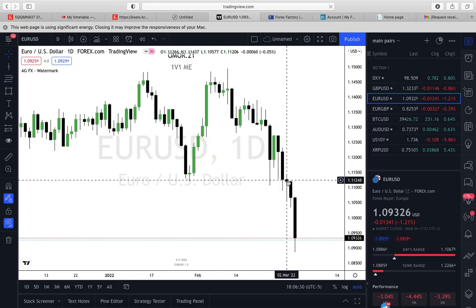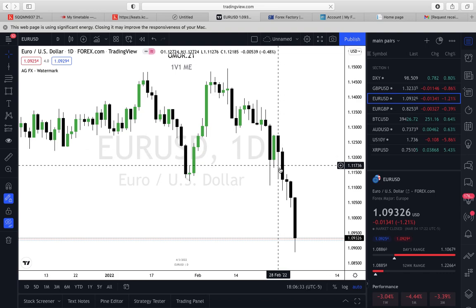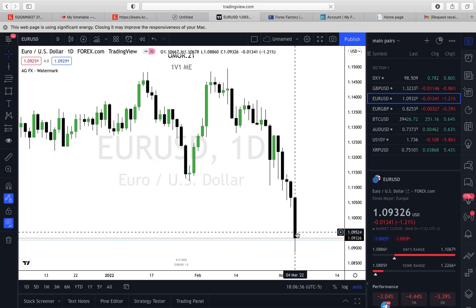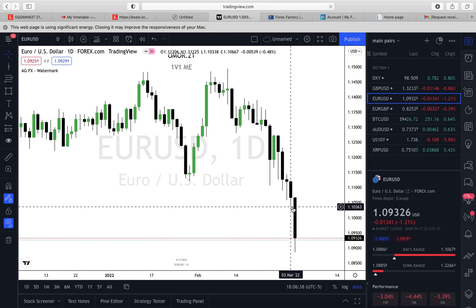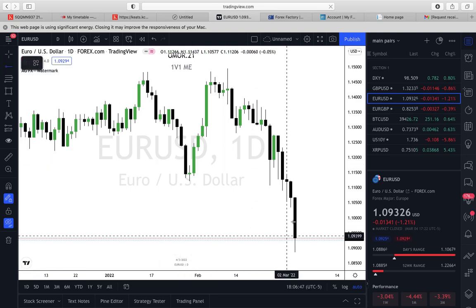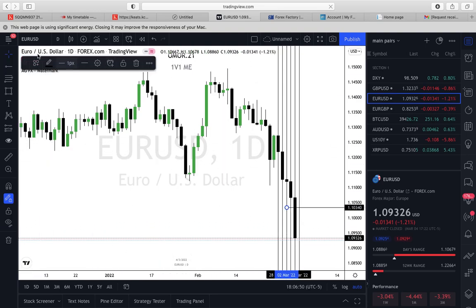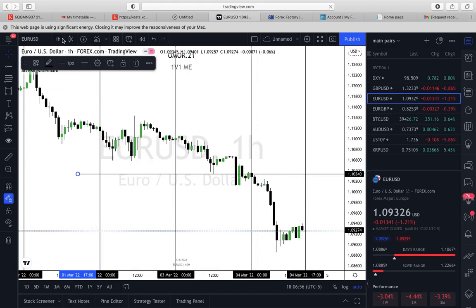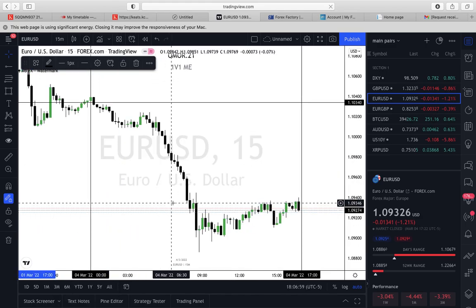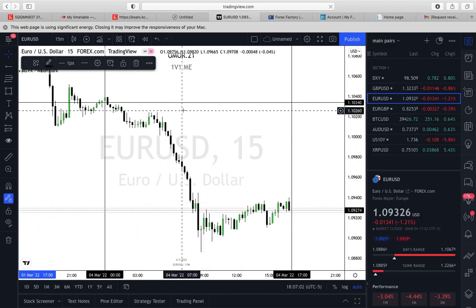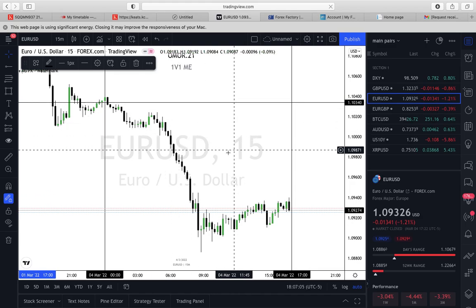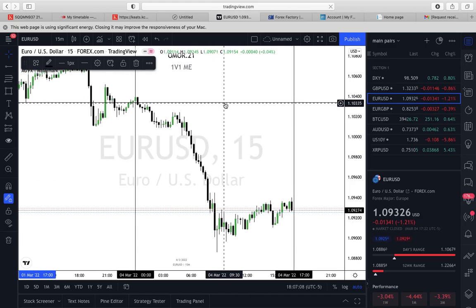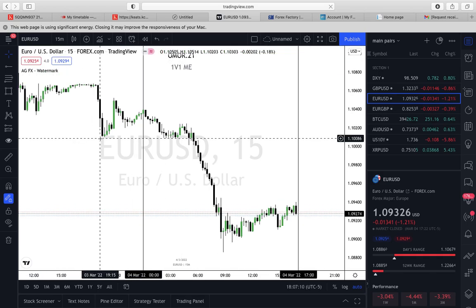Looking at the euro dollar, you see how this is all imbalance, rebalancing each other as it comes down, yeah? So now from this wick, this whole candle's body up until this wick is an area of imbalance, which is this area here. If you go to 15, this is the close of the imbalance. Now we don't need to see the entire close of the imbalance. We can see the 50% of it happening, but that is